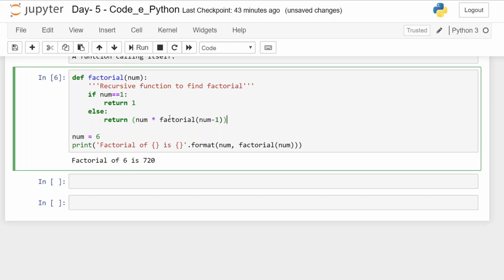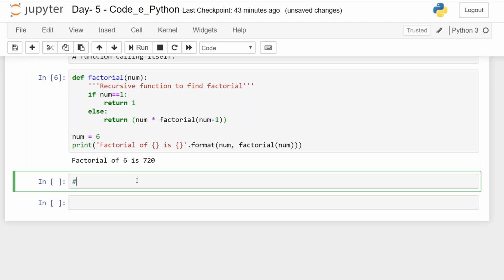First it reaches till 1. Let me write it here. It starts with num as 6. Then when it calls itself, num becomes 5 and so on.